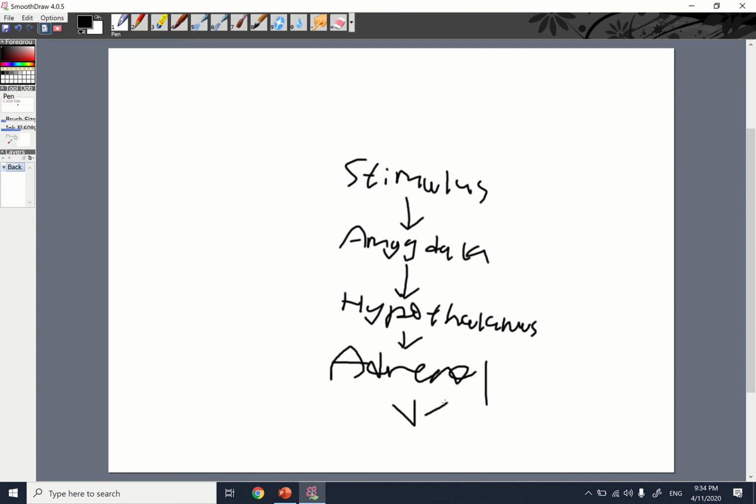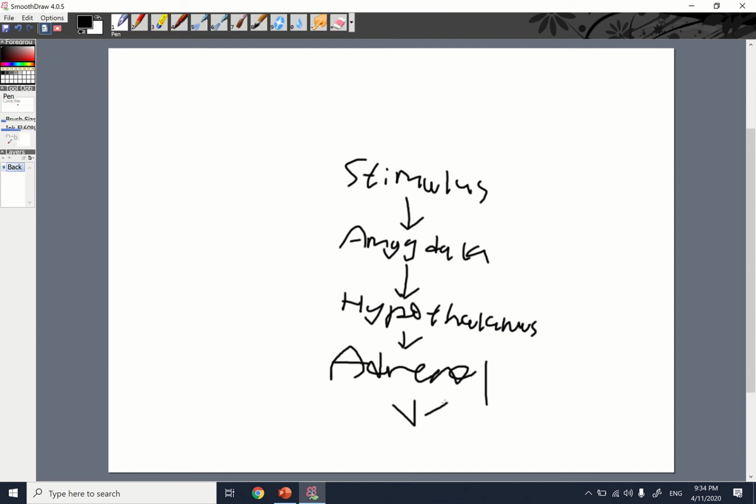And of course, its functions include dilating your pupils so you can see better, increasing heart rate so the blood is pumping around the body faster, dilating blood vessels in the skeletal system, and increasing blood pressure as a result of increasing heart rate. It will also reduce the blood flow to non-essential organs. That's why you get the sick feeling after getting a shock, right? Like you feel sick, you want to vomit after a close call. It also increases blood sugar levels,